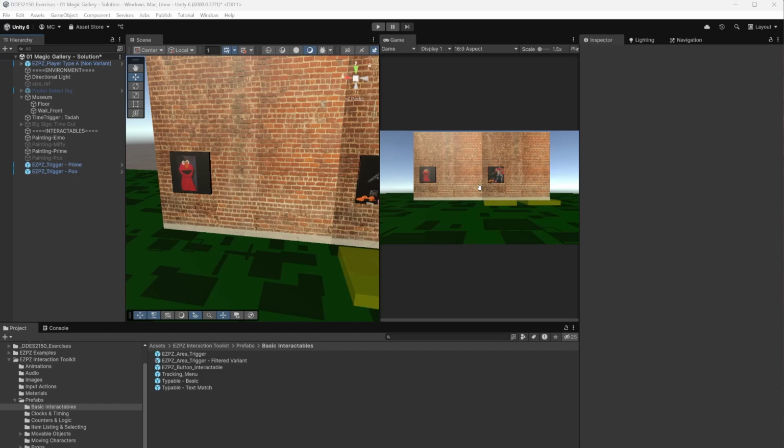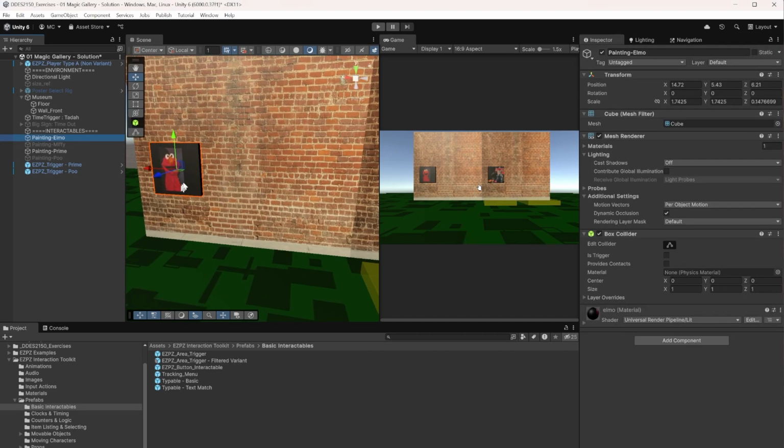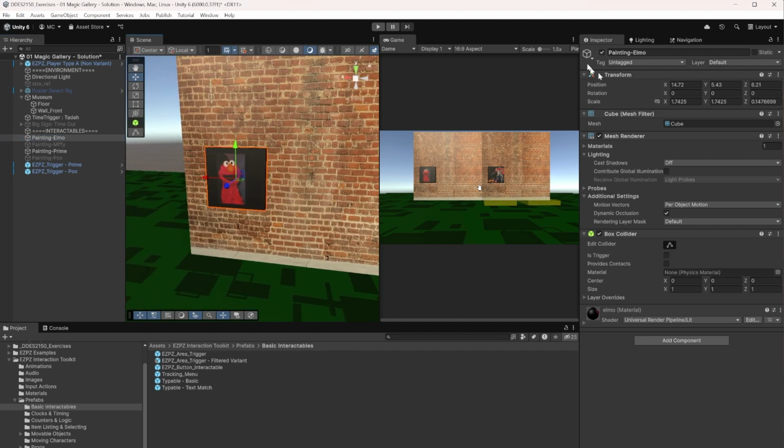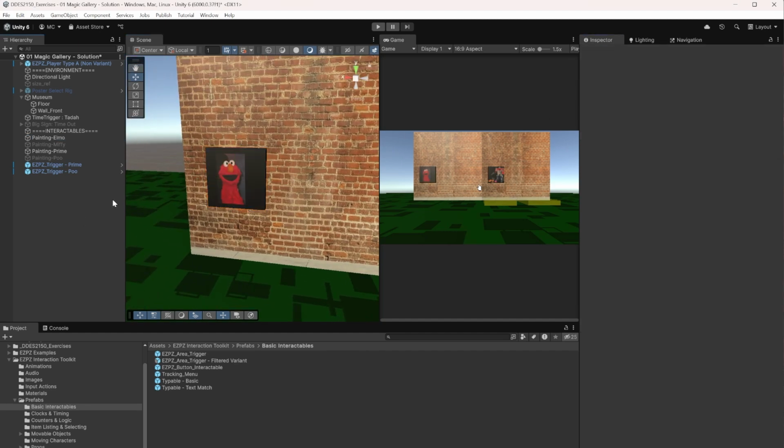Here are the basics of how buttons work in EZPZ Interaction Toolkit. Let's think about a very basic scenario. So let's say we wanted to turn off Mr. Elmo over here, Elmo painting, when we press a button. There's a few ways we can do that, but the easiest way to do it is just to use the